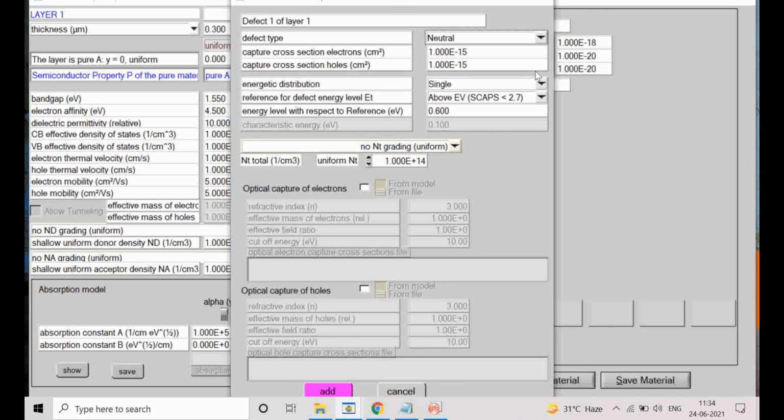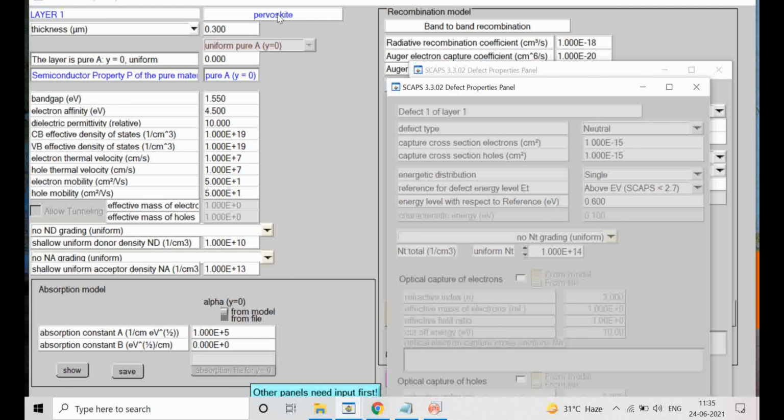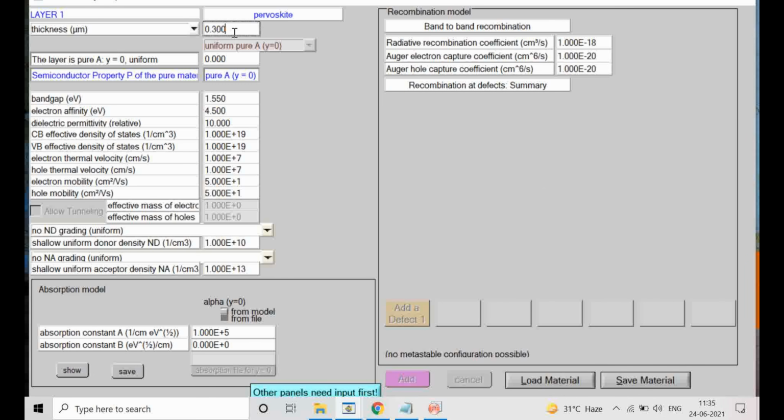If you take perovskite solar cells, they are relatively complex. They show hysteresis behavior, so this is a little bit complex. So take a simplistic design. Say you take CdTe solar cells. If I take CdTe solar cells, the thickness may be increased, maybe 1 micron. Band gap is 1.15. These values will more or less remain the same.